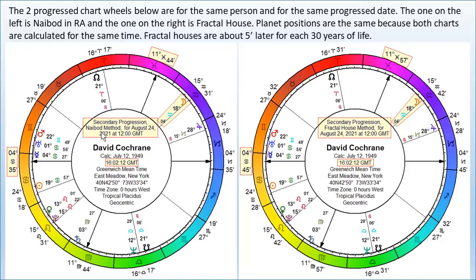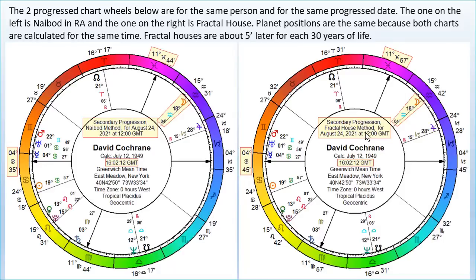Most astrologers use the Naibod method without Bija correction. Our observation, our theory now, is that their house cusps are correct. They're correct. In the previous video, I suggested that the fractal house method is better than the Naibod because it theoretically makes more sense,